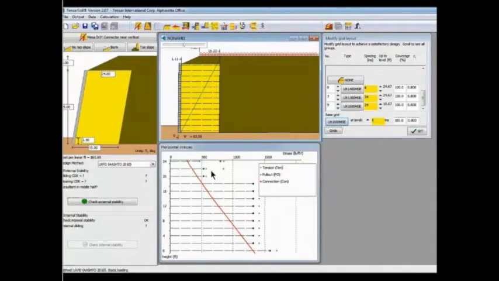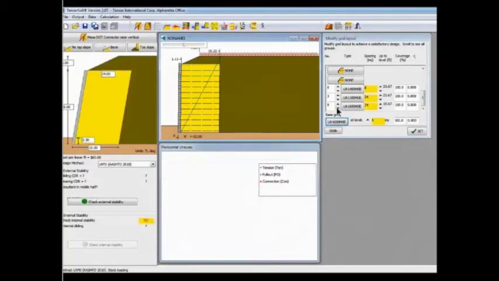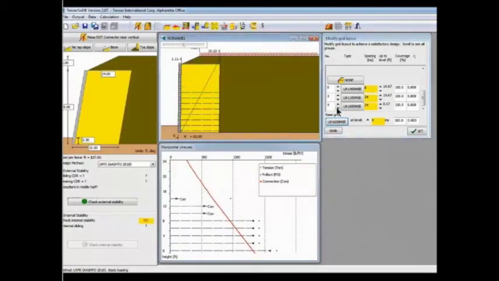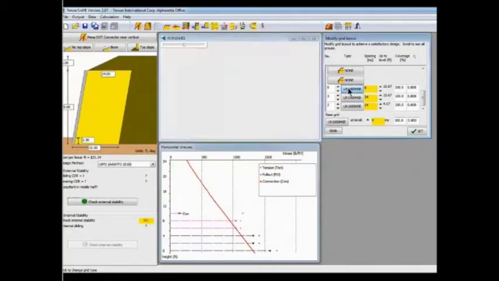And now we have a suitable design. It's not perfectly optimized. As you can see, these endpoints of the geogrids are well beyond the red stress curve. So we could drop some of the geogrids down, perhaps change these to UX 1500,